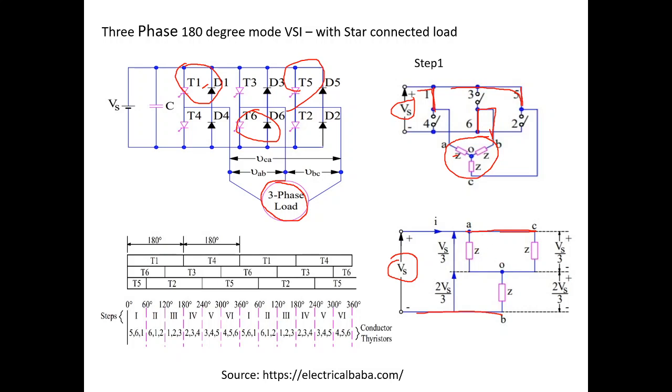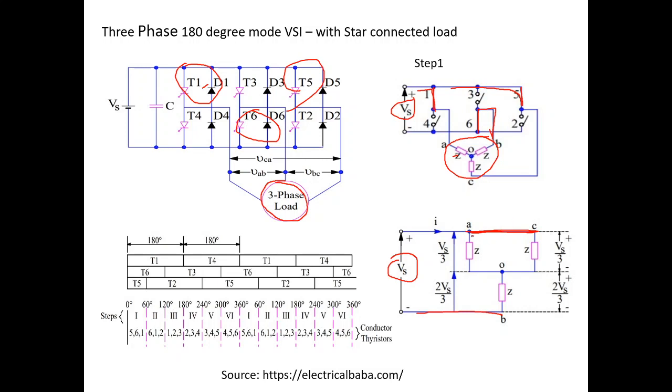Now because phase A terminal and phase B terminal are both shorted, the line to line voltage between C and A, so VCA, is 0. So please do remember that. Now apply network laws, voltage division rule or current division rule. Try to find out what is each phase voltage, and what is each line voltage.